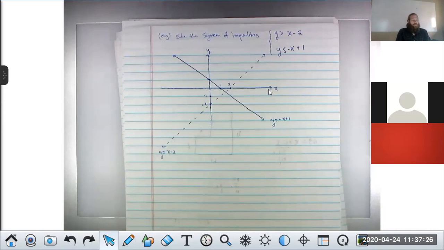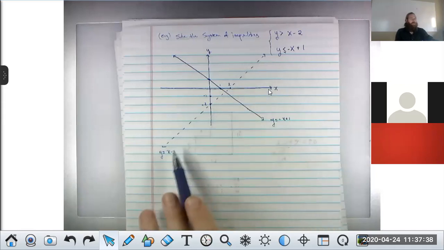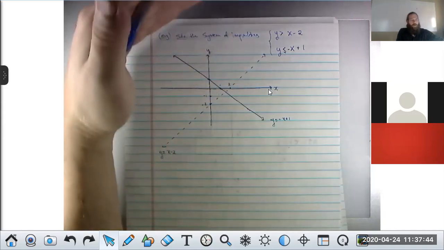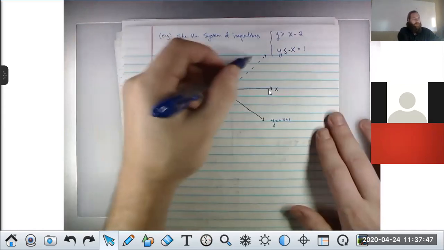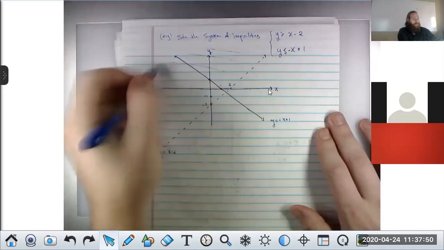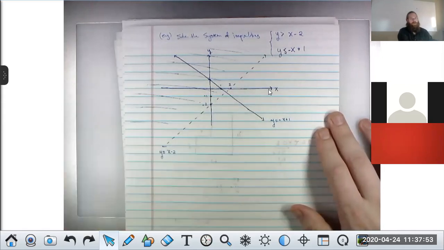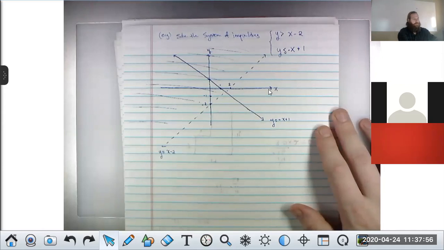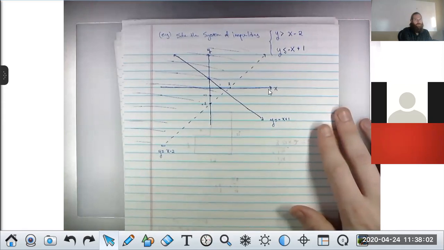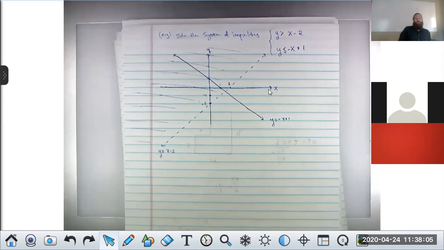The first inequality says y is greater than x minus 2. So I'm looking for all the points x comma y where y is bigger than x minus 2. This line is all of the points where y is equal to x minus 2. So the places where y is bigger are the places that have bigger y values. It's the stuff above. So the solution to that first inequality is all the stuff above that line. Right? Now the second inequality says y is less than or equal to negative x plus 1. So using the above-below logic, the solution to the second inequality,